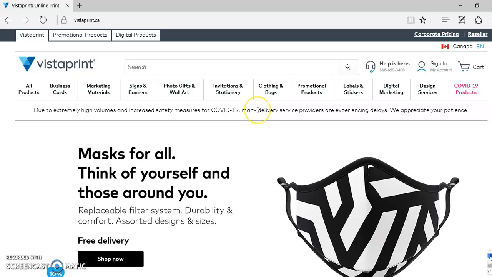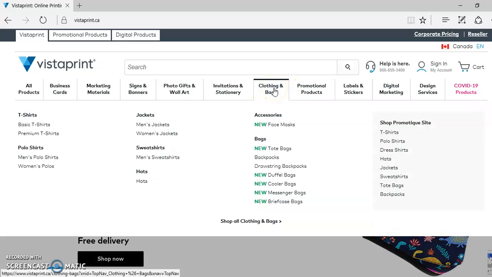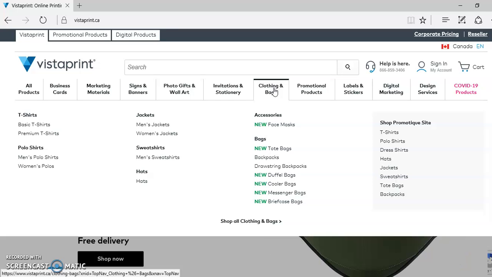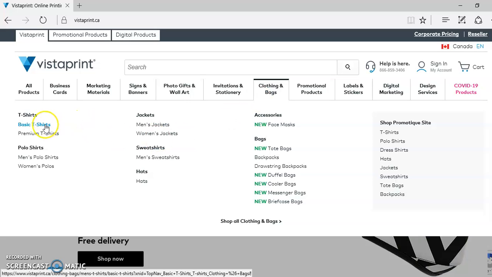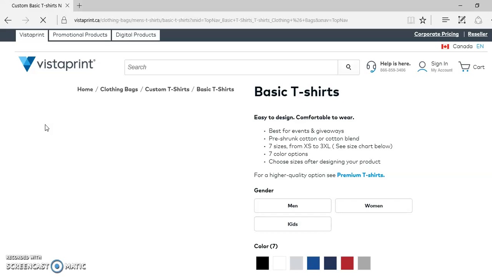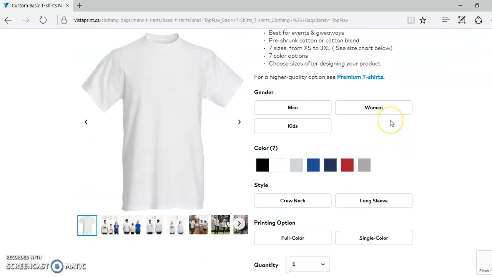Let me just show you really quick how to do t-shirts. So let's look at clothing and bags. As you can see, they have t-shirts, hats, sweatshirts, jackets, bags, anything. So I'm just going to show you on a basic t-shirt. And my image already is black, which means ideally it would work better on a white shirt, but I don't wear white shirts. So I'm going to show you just how to play around with different colors of shirts